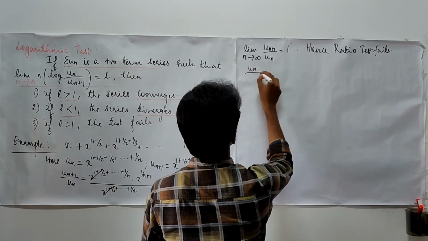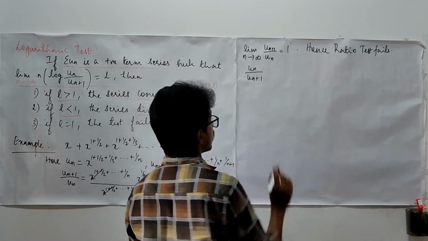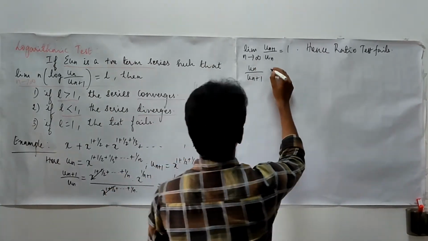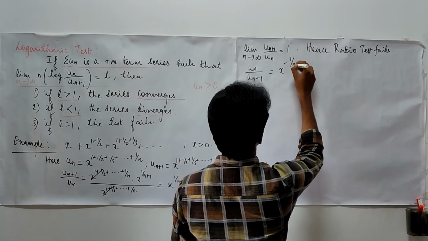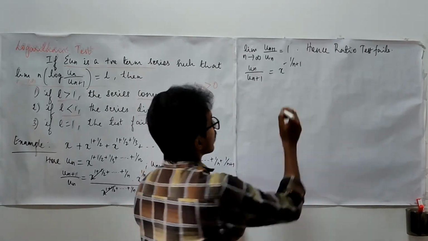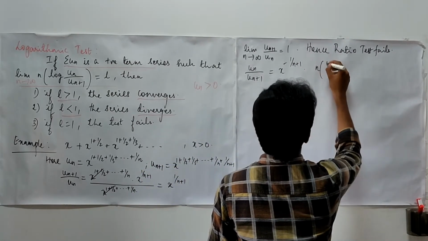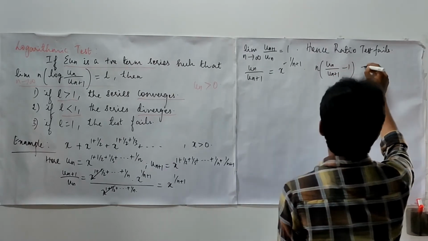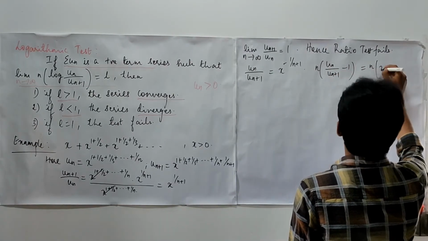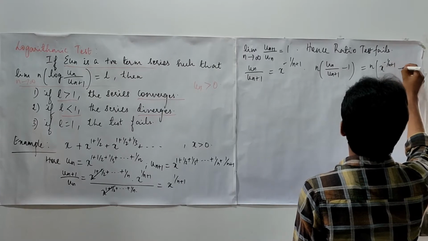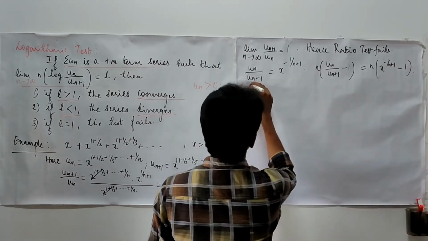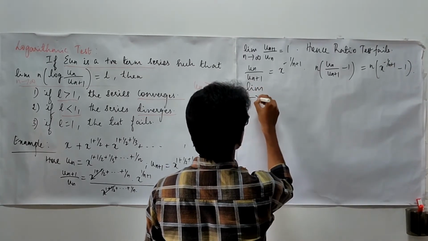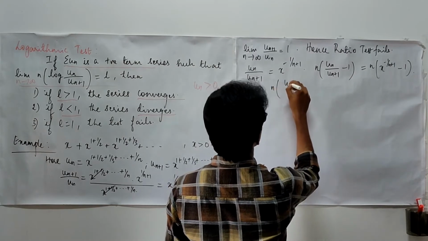We will have to find out what is un upon un plus 1. This is going to be x power minus 1 upon n plus 1. Right? Hence, n times of un upon un plus 1 minus 1 is going to be what? N times of x power minus 1 upon n plus 1 minus 1. And when you make limit n approaches infinity to this,